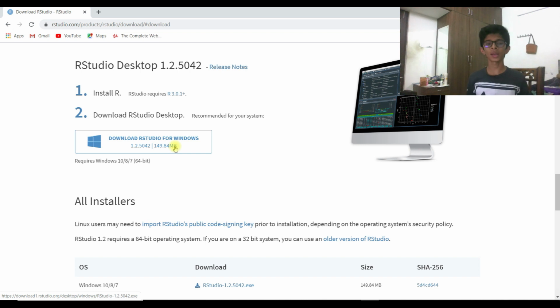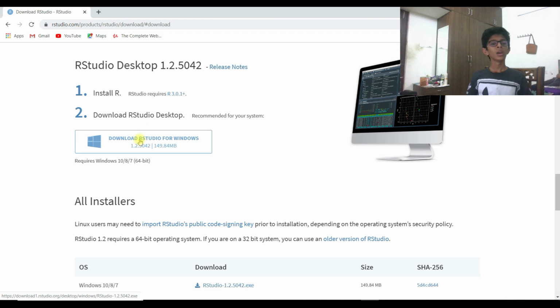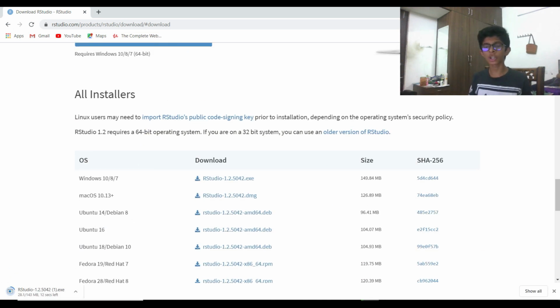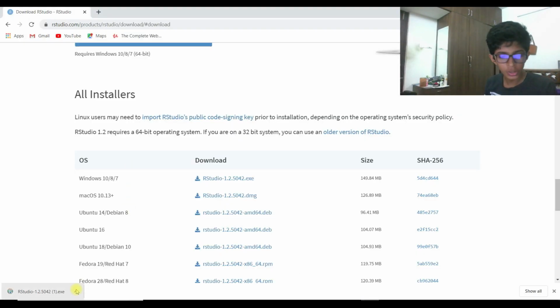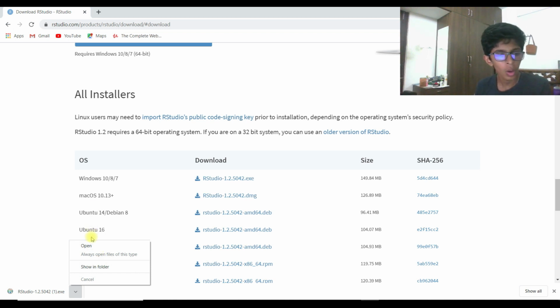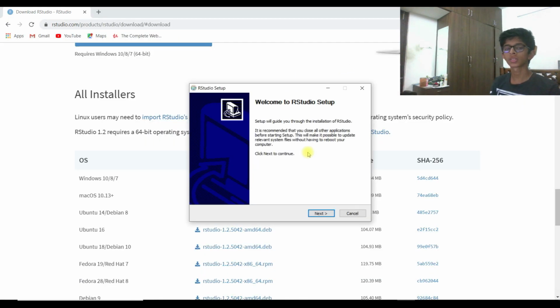But if you are going to work with RStudio forever, then you can choose RStudio Server. If you are running a startup, you can also select the same one. As I said, you should install R before installing RStudio Desktop. It's installing and may take a while. Now RStudio is being installed, and we should give open, and it will ask for some other options also.